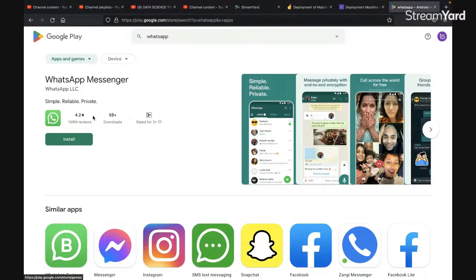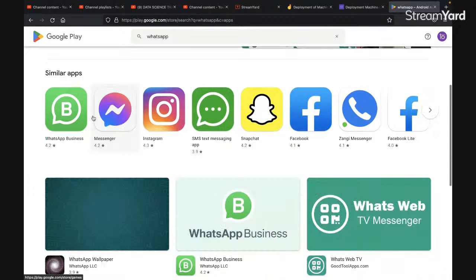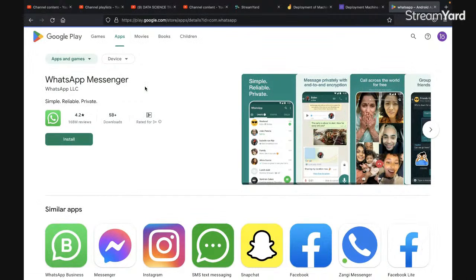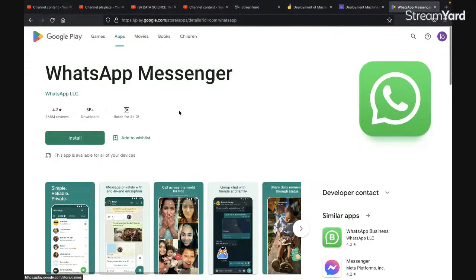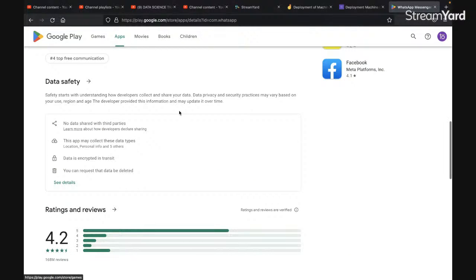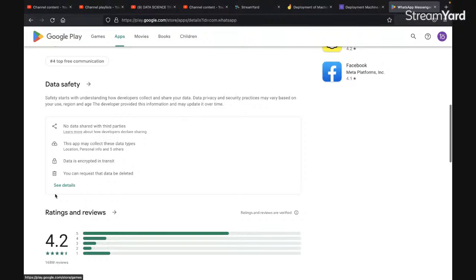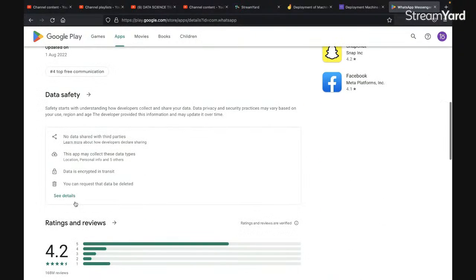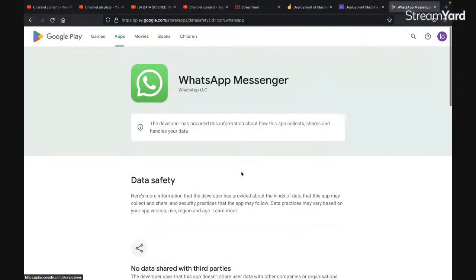Now if you scroll down a bit, you can see this part: See all, see details. So let's click on see details.